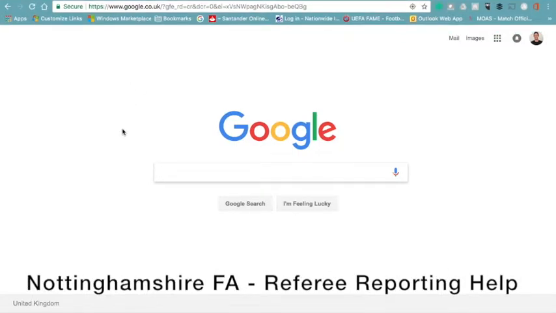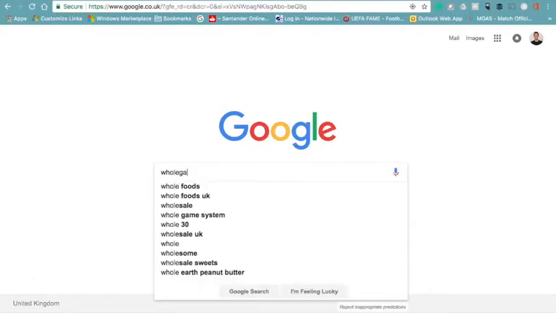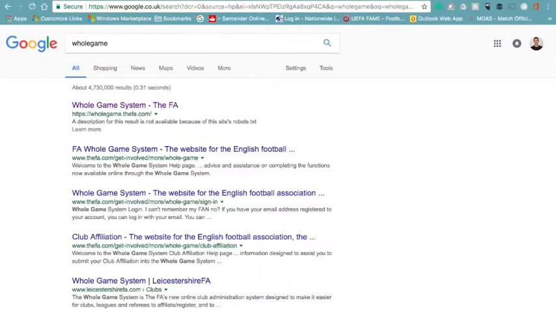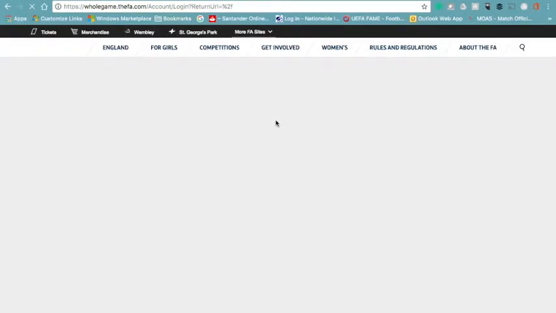Okay, so today we're going to do a help guide for accessing the FA Whole Game system for your discipline reports. As you can see, we can straightforwardly jump into Google and just type in Whole Game, and the Whole Game system comes up as your first search result from Google search. If you just click the link,